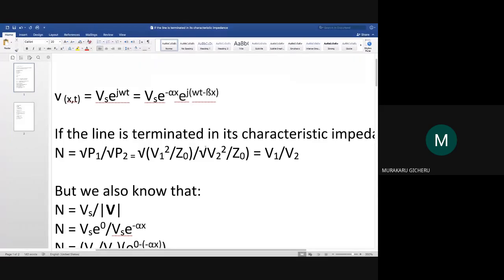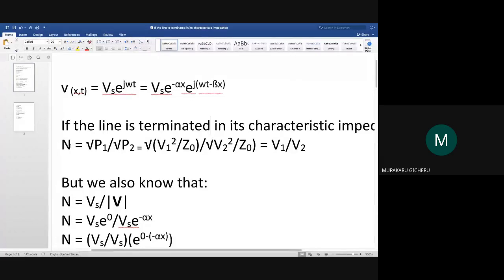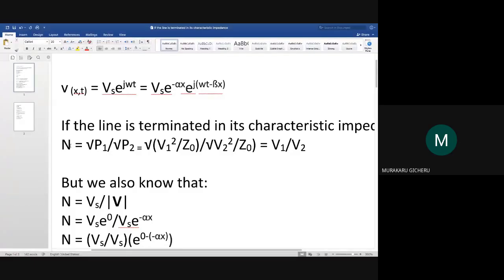So if the line is terminated in its characteristic impedance, n, which is attenuation, will be equal to the root of power at port 1 divided by the root of power at port 2. This is again explained in two-port networks, and you get to attenuators and filters,